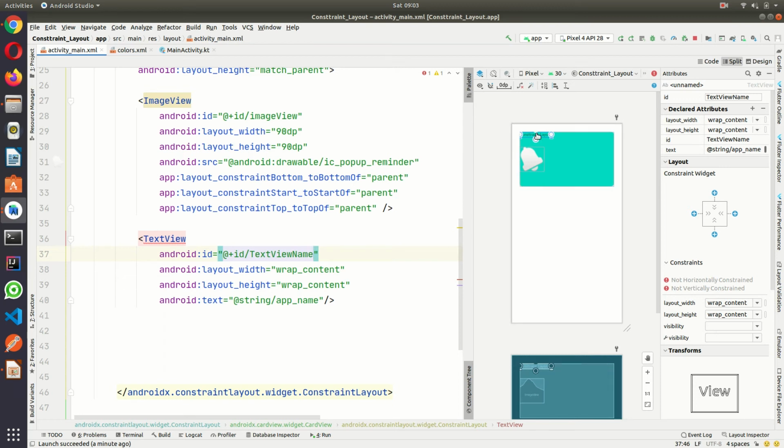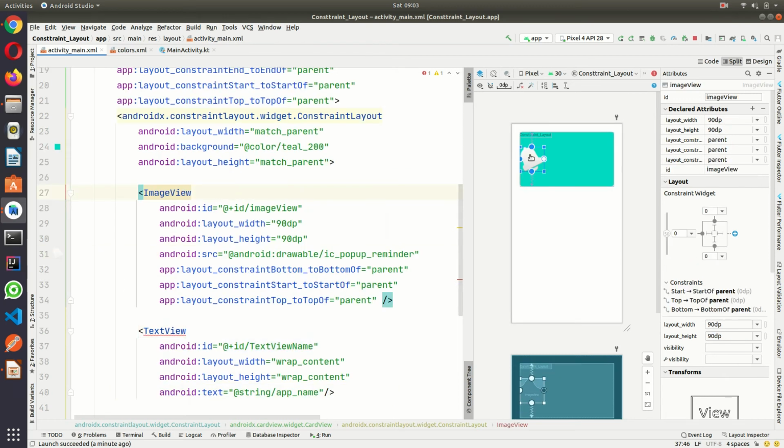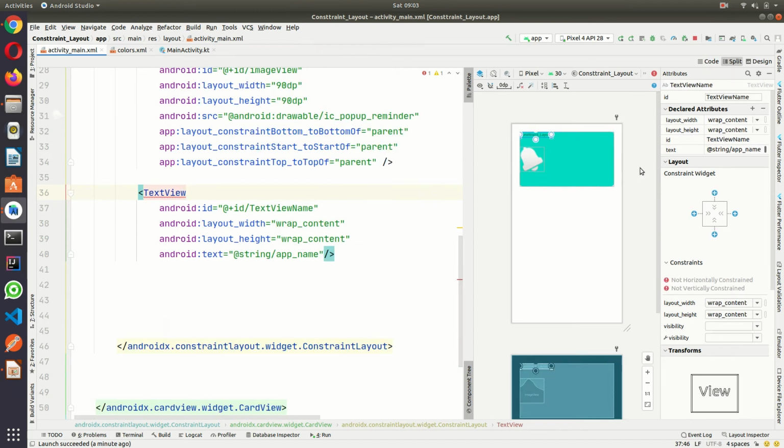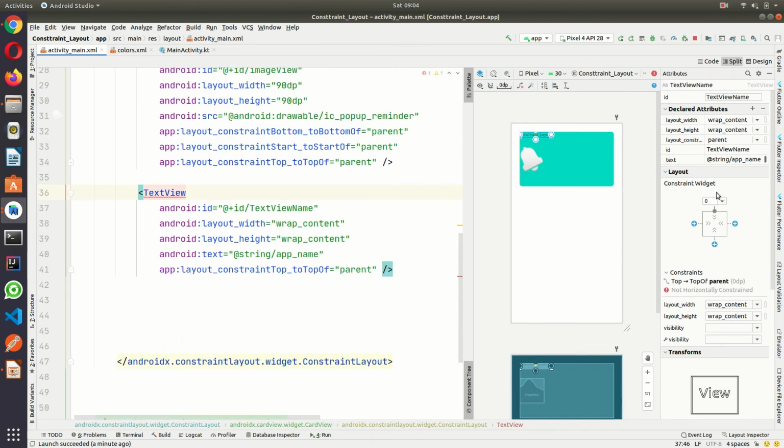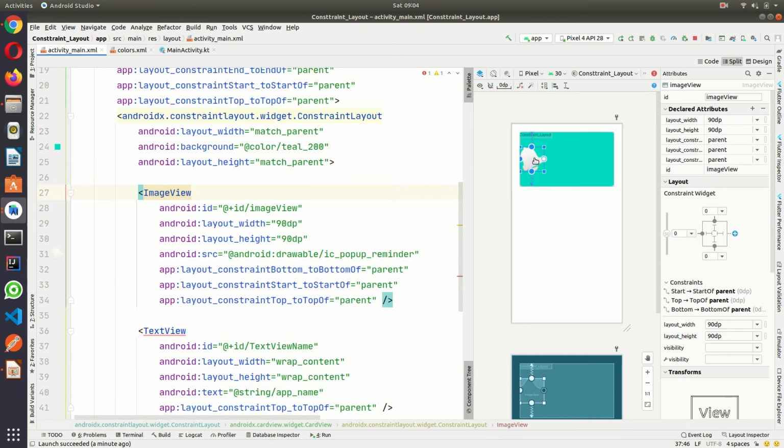Currently it is coming here, so this should be parent at the top, but not parent at the start; this should start after the image.